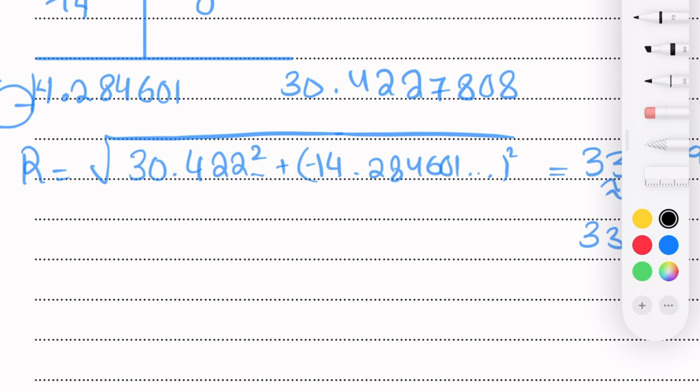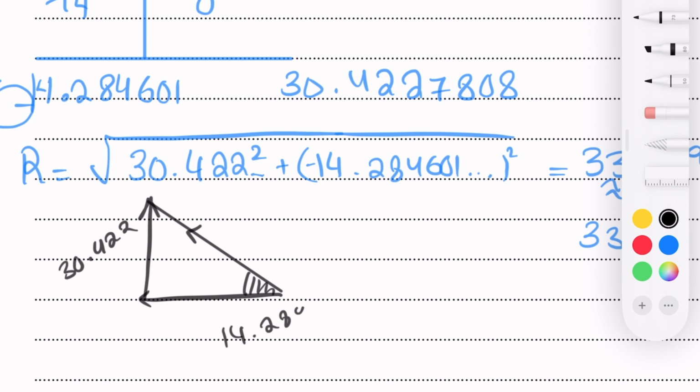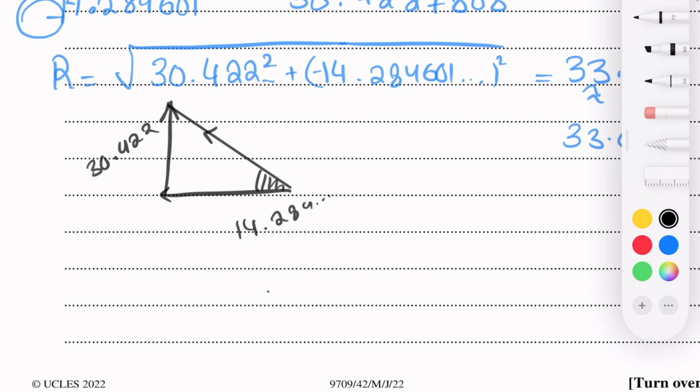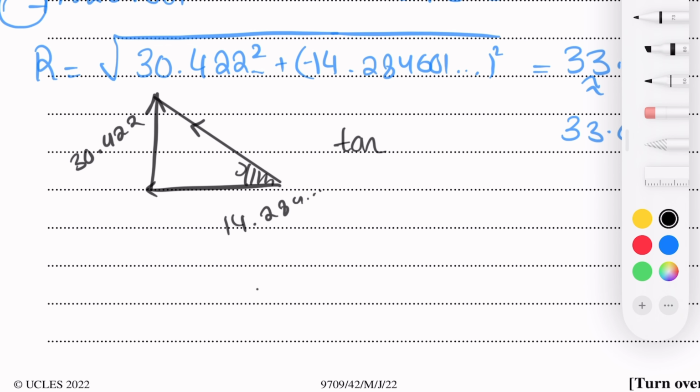Okay, now in regards to direction, we have a negative component on the x-axis, which we can draw a right angle triangle between the tip and tail. Now this is the positive y component, and the resultant is going to be between them, and this is going to be the resultant. Now we want to find this angle over here. Since we have the components here and the length is not negative, so it's just 14.284, we can find the angle using tangent of theta. Let's call the angle theta is equal to